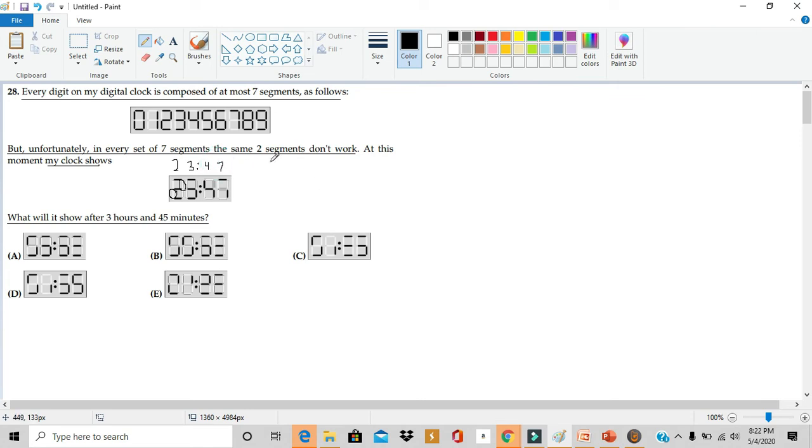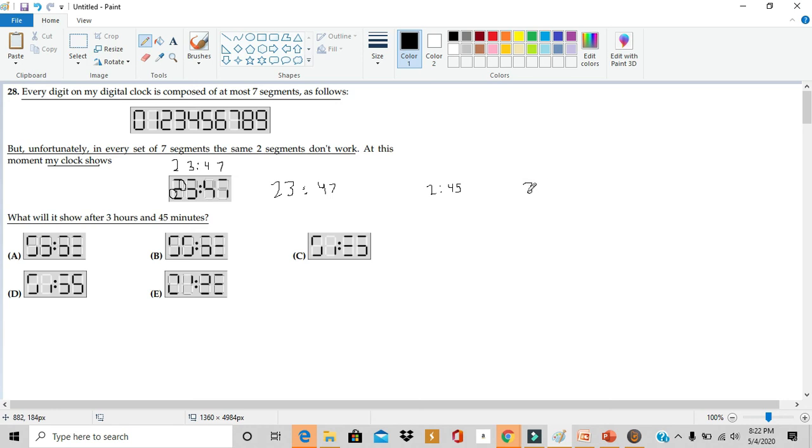So we see that the time that it currently is 23:47. If we want to find out the time 3 hours 45 minutes from now, well, the time 3 hours from 23:47 would be 23 plus 3 minus 24, which gives 2:47. That would be the time exactly 3 hours from 23:47. Now, if we want to find the time 45 minutes after that, we find that